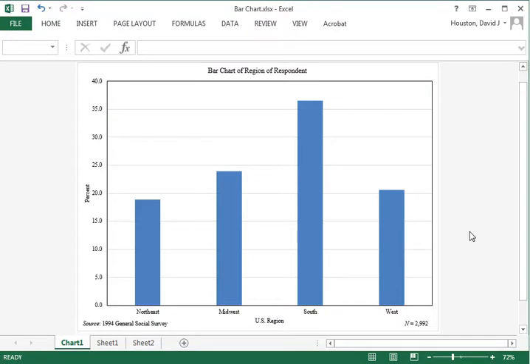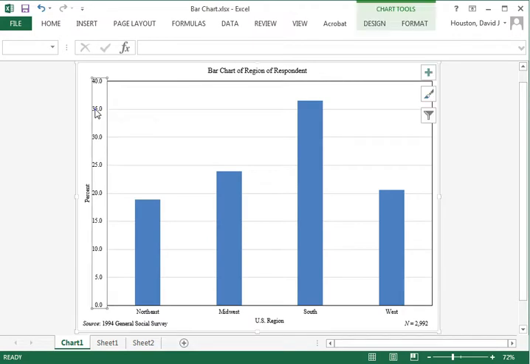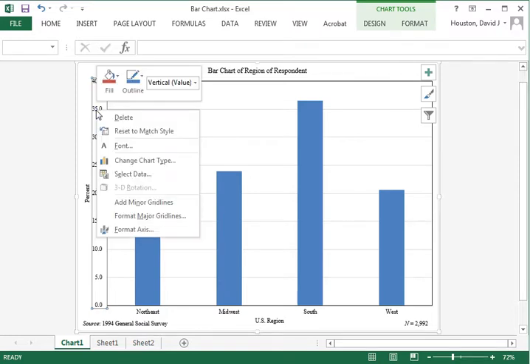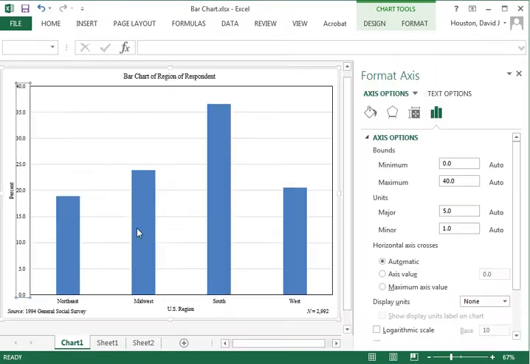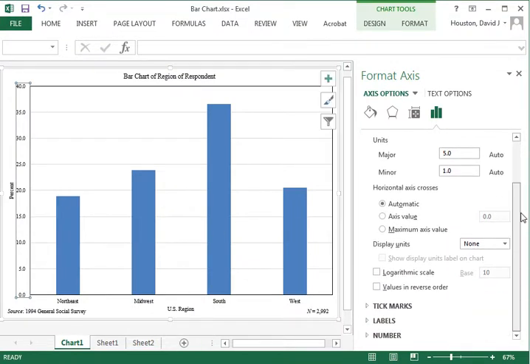I'm going to make a couple other changes to this chart. First of all, I'll come back over and click with the left mouse button to highlight the axis labels over here, and I'll again use the right mouse button, and we'll come down to Format Axis. One of the things we'll notice here, we have a range of different options.